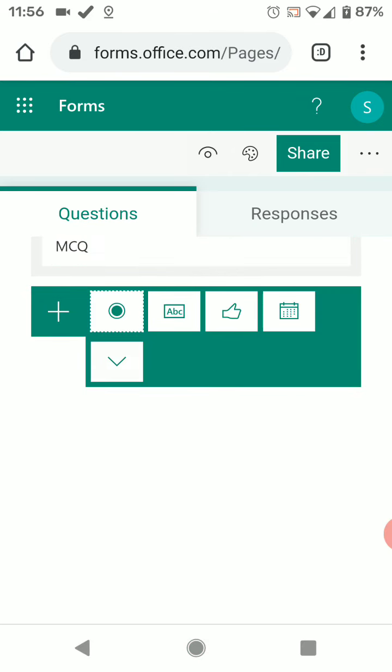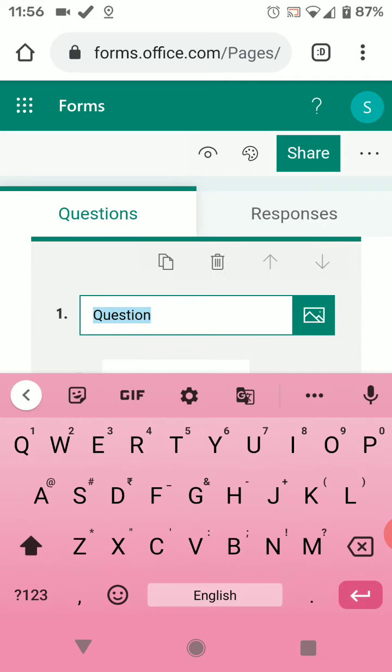Now when I click on add new, you can see it is written MCQ. You can see there are different options given. For example, if I am clicking on the first one, it will ask you to write the question.